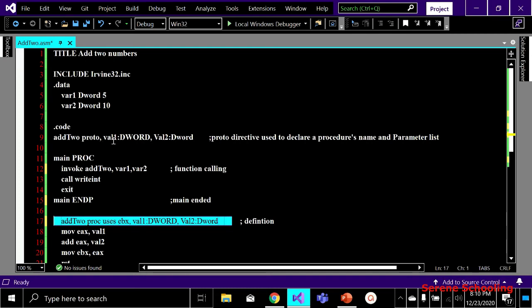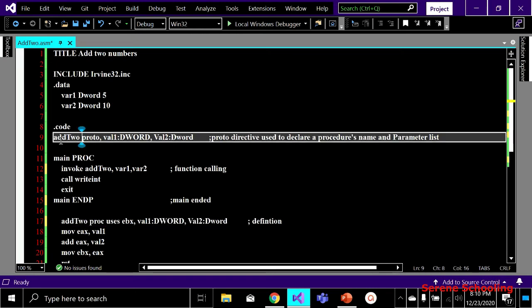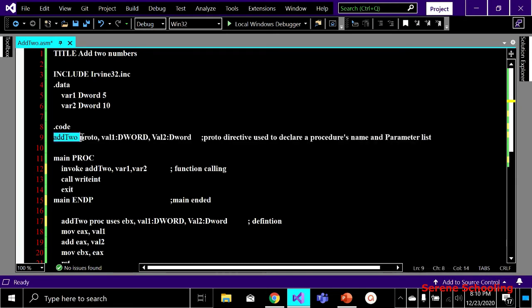Prototype means we are not going to write any actual code for that, only the declaration is there, right? And what's the syntax for the declaration? Firstly, I write the name of my function. My name of the procedure is add2, right? And since this is my prototype, in order to tell the assembler, I must write this PROTO keyword here.